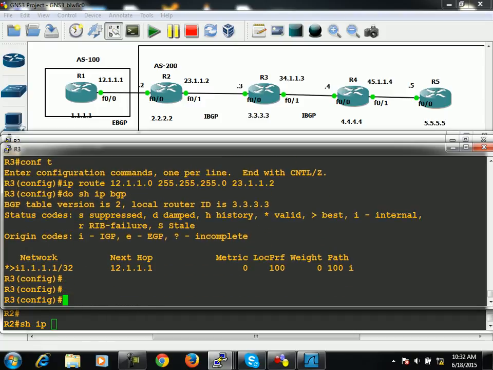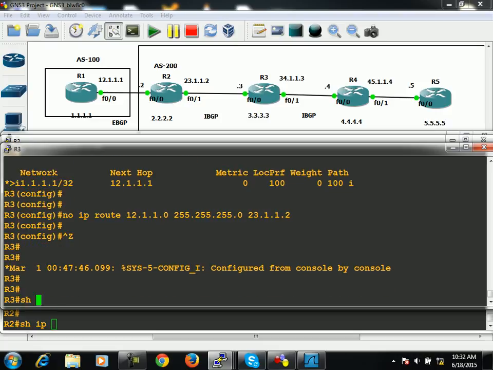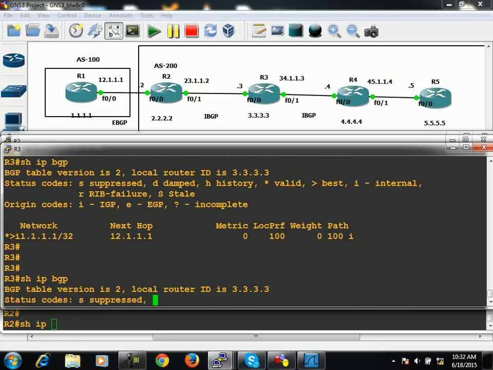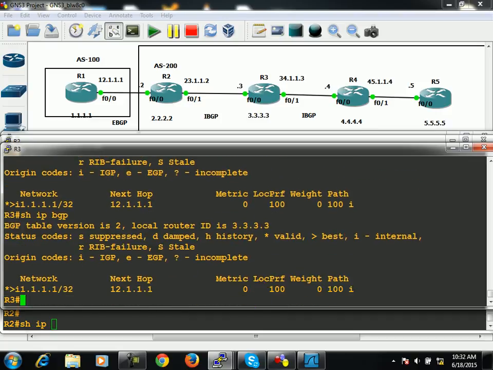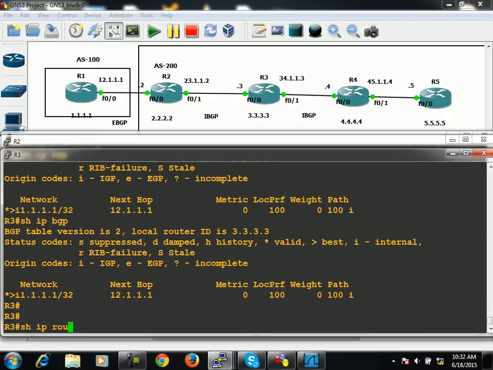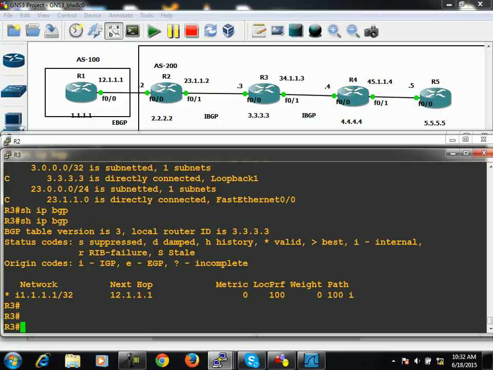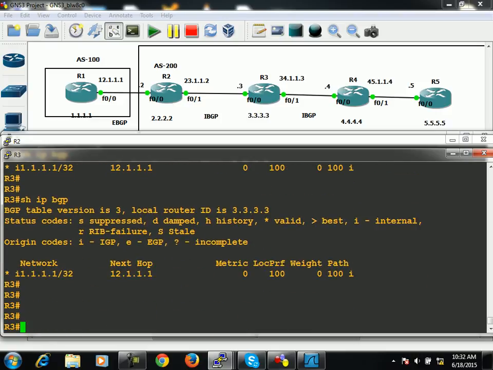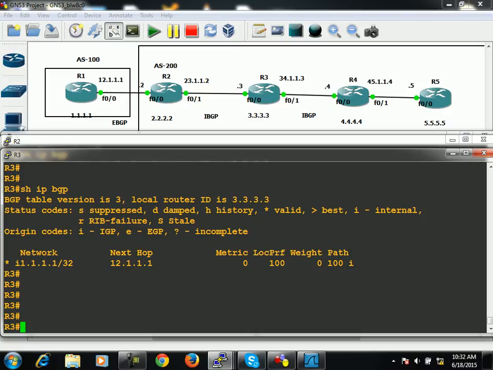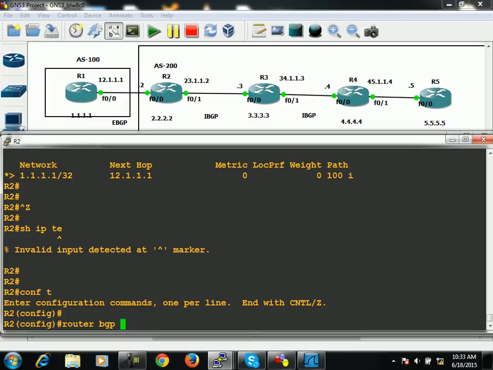Now it is best. But if you remove this static default route, once again it will not be best now. Check it out. Just wait. See, now it is not, because its next hop address is not reachable. So how can we solve this problem now? Because R2 is working as edge router. Yes. So do one thing, move back again on R2, and on R2 you can configure this command,